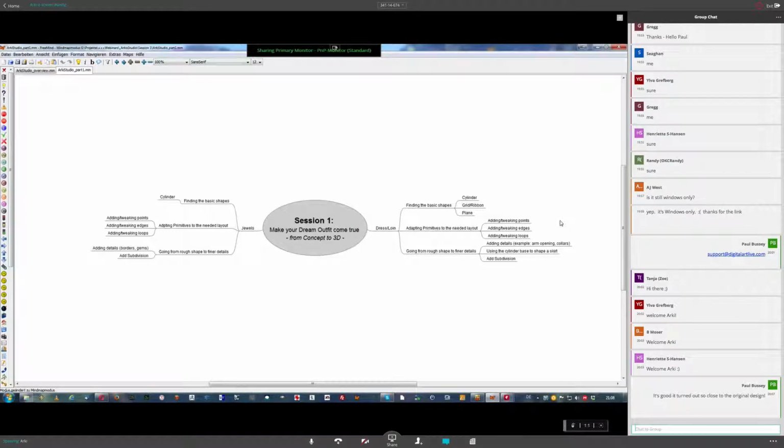I'm going to show you all of this a little bit later. And then when you have your rough shape outlined, you're going to go from this rough shape to add finer details like adding arm openings, adding colors, and adding subdivisions, and then work your way up from subdivision shapes to more refined details. So, okay, I think this is the rough outline for the cylinder modeling section here for the